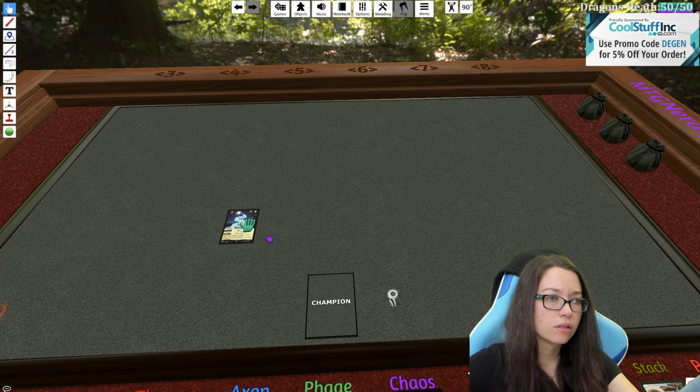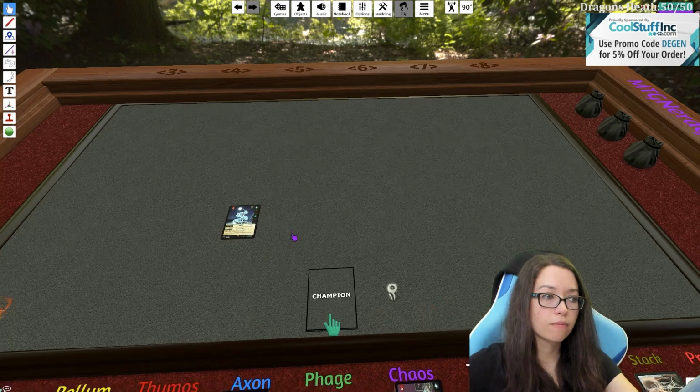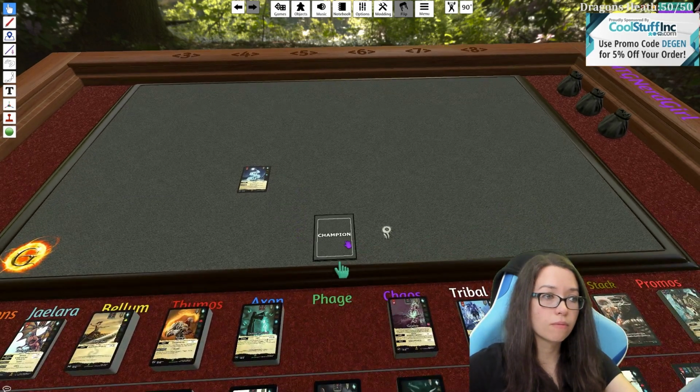So the chi cost is in the top right corner of the card. So it's 5. So it should give you the cost out of 5. Sorry,